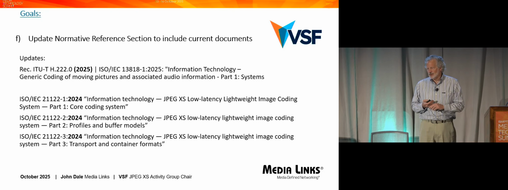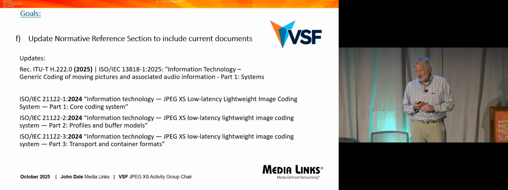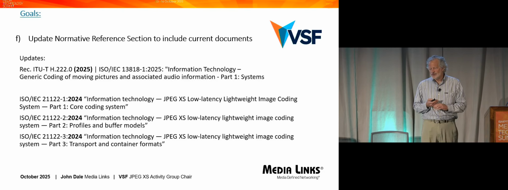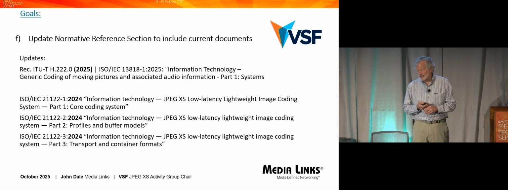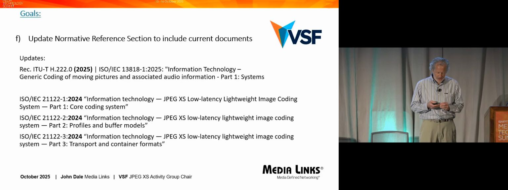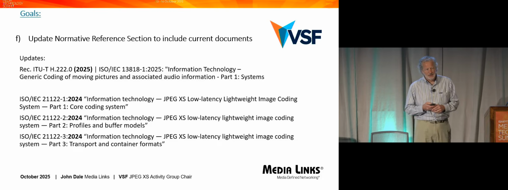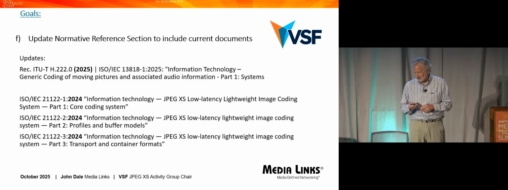So, next section, I just want to cover some of the documents that we reference in TR-07 and TR-08 that have changed since we did the original publication. In terms of the JPEG XS documents, they reference JPEG XS TDC now. So we've changed the references to those documents. We've also included a little bit more detail on some of the aspects of elementary stream to MPEG-2 TS mapping, which weren't so clear in the previous documents.